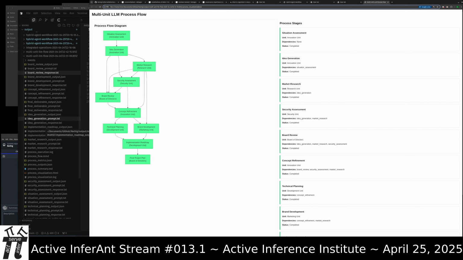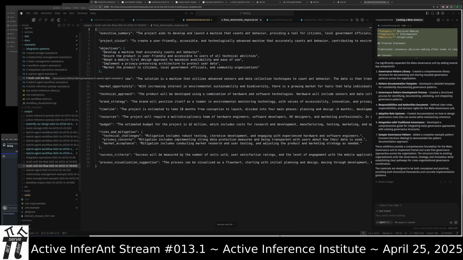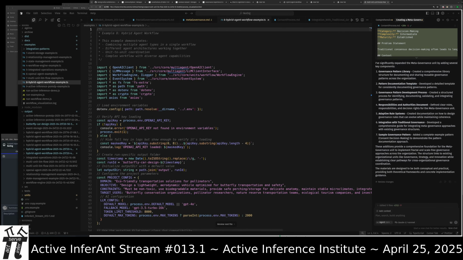So final project plan. It's an executive summary with all of the information from the different sections. So that's example 7, the multi-unit flow. Okay, 8 is the one that brings in a few other features.